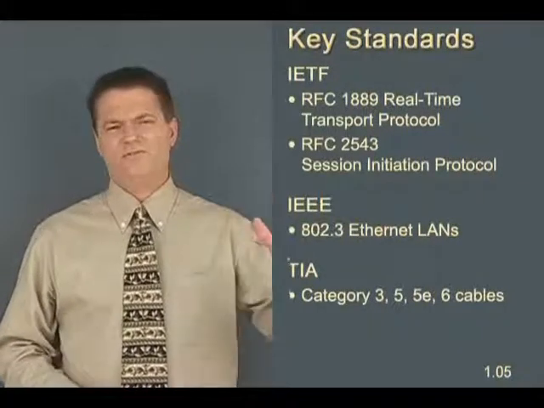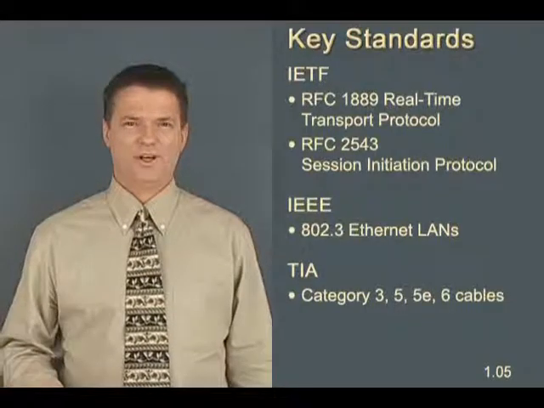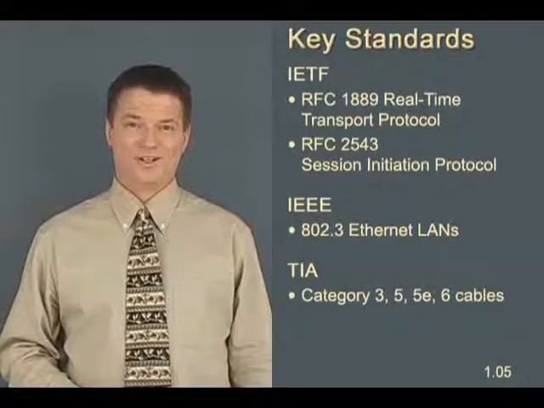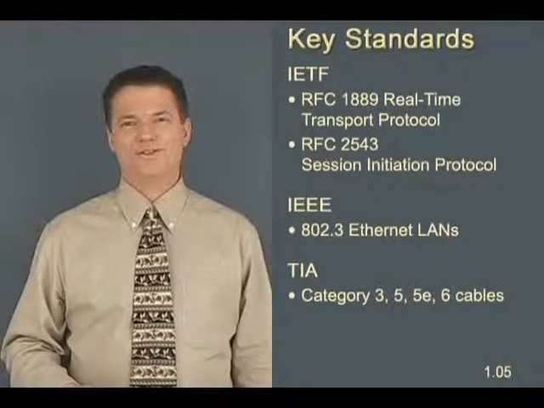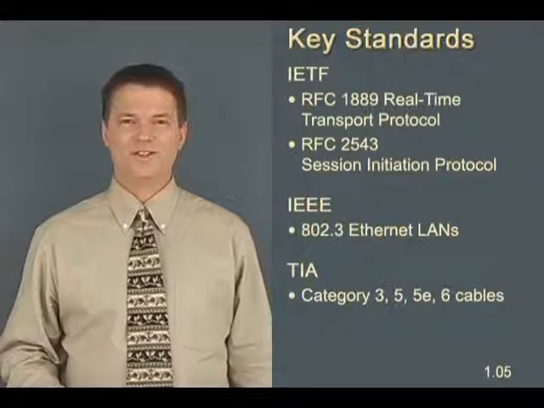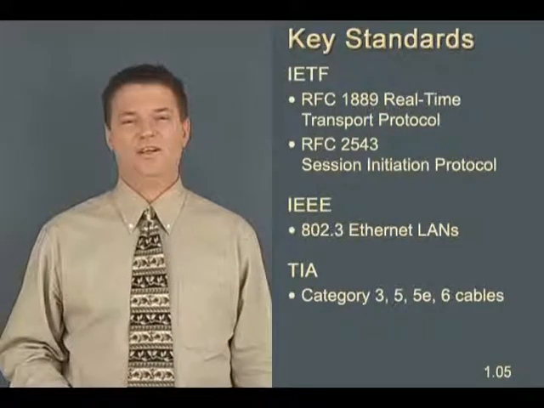And they used to have 5 categories. Category 1 was rusty twisted pair. That's the stuff that goes to your house for telephone service. Category 2 was multi-conductor cables for old key telephone systems. Category 3 was for Ethernet. Category 4